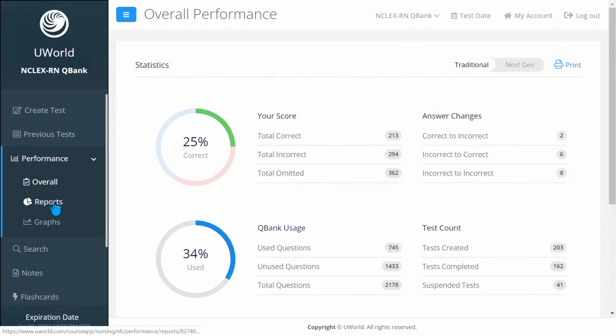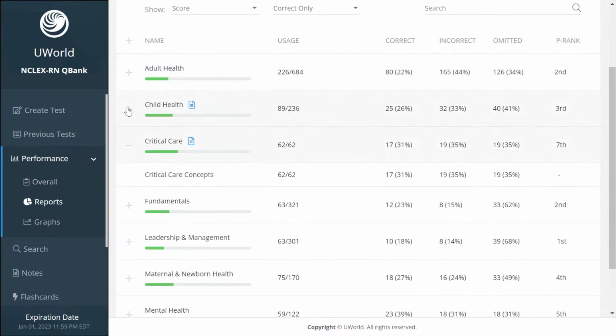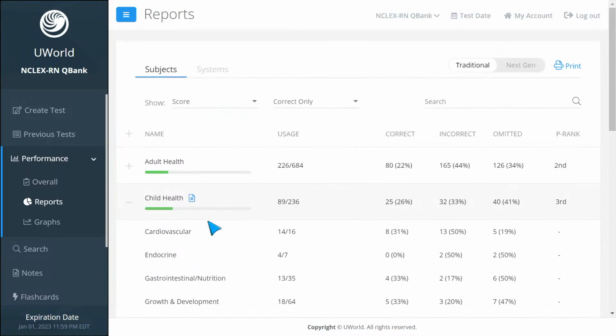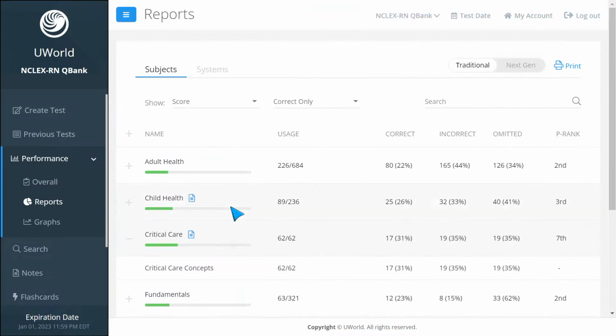And so, like I was saying with choosing your incorrect options to take quizzes over, and last week we touched on this too, but again, this is our fun little test account, so I'm not doing too hot here. But if you go to your reports, this is something that I really like. We can look at our different categories here, and within child health, we can see exactly how many questions we've gotten correct, incorrect, all of that, and let this really help you, especially as you get further into your studying, see what categories you're doing better or worse in, and then kind of focus on that.